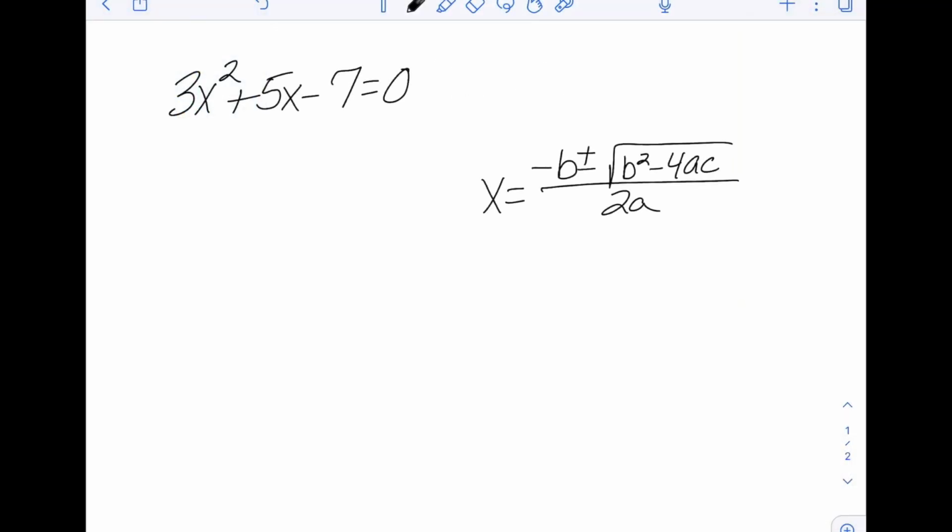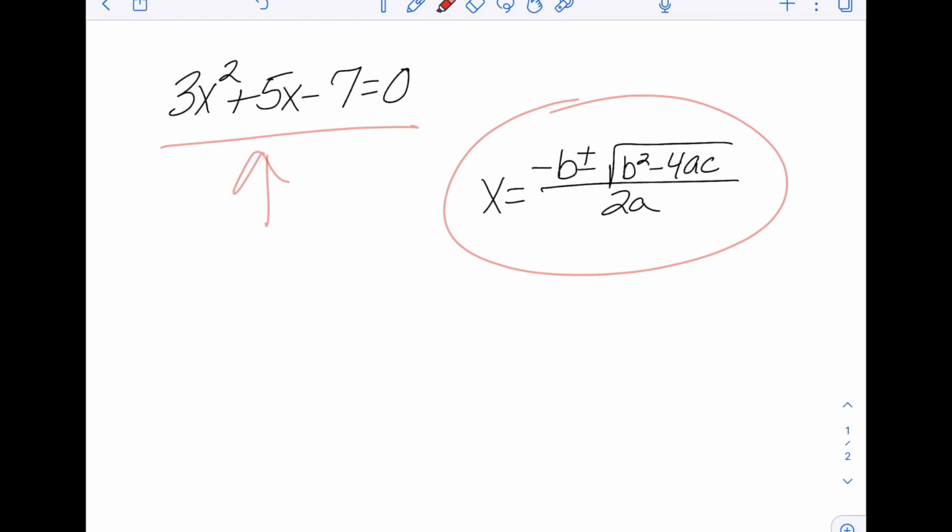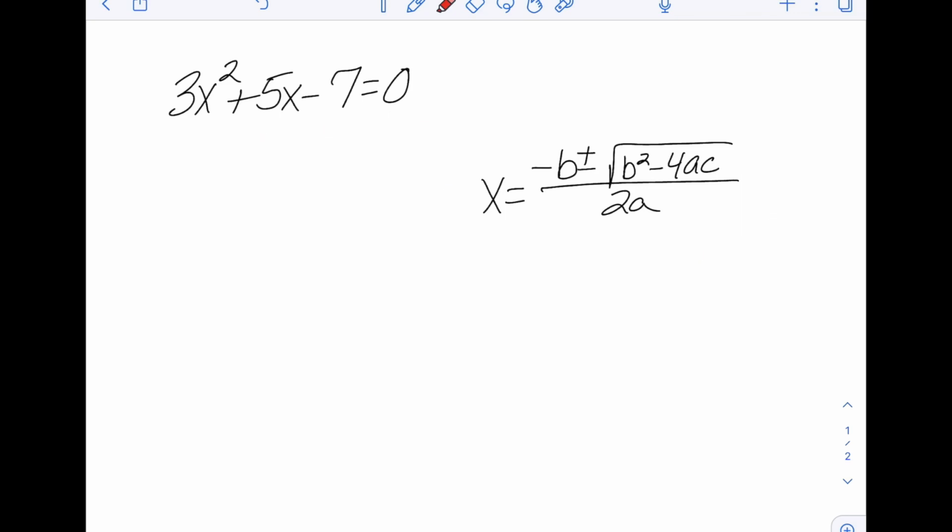All right, today we are going to solve a quadratic equation using the quadratic formula. Now, when we are looking at a quadratic equation and we're going to use the quadratic formula, we have to make sure that this is in standard form, ax squared plus bx plus c equals 0. The reason that we need this to equal 0 is because when we're finding the solution, x equals, the solution